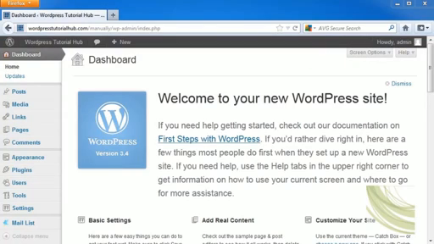So once you hit the install button at the bottom of the screen, it's going to go ahead and take you through the install process. And then when you go to look on your website, you'll see that it takes you to the WP admin. So mine is WordPressTutorialHub.com/manually/wp